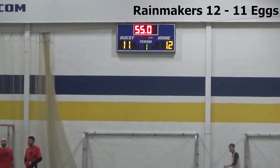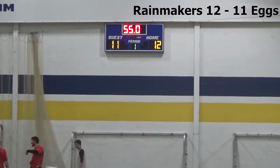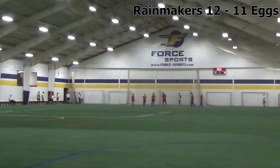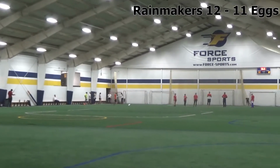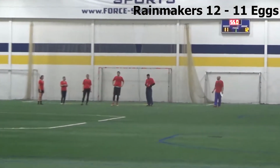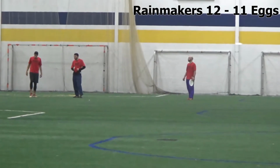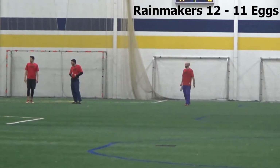So the score is 12-11. Red is up. There are 55 seconds left. Neon, the radioactive eggs, are receiving the disc, so they need to score. They need to throw the winning score within 55 seconds. If the buzzer goes off before that throw is in the air, it is no goal. So, I mean, 55 seconds is a lot of time. Definitely enough time to...